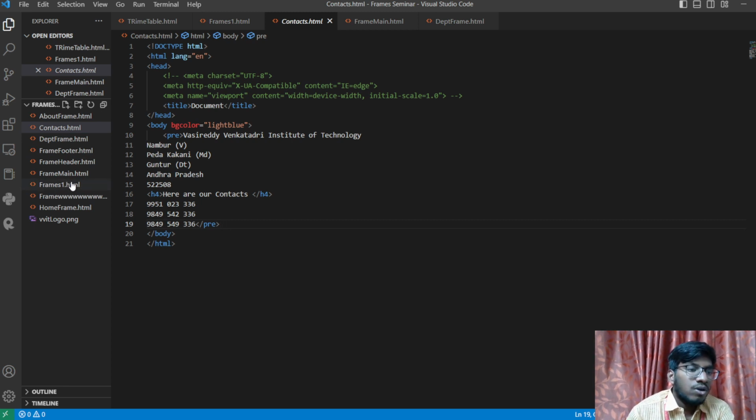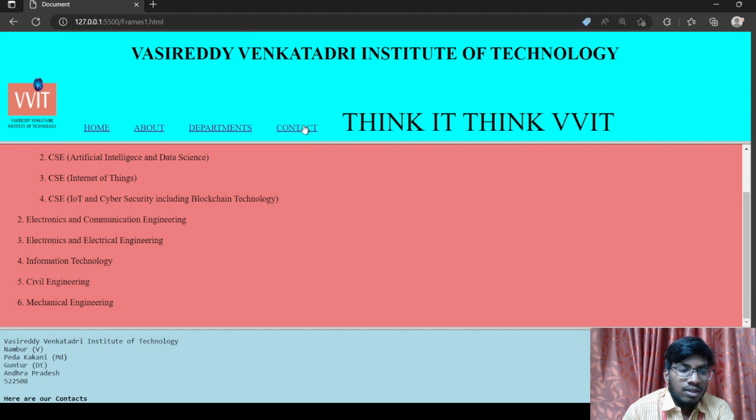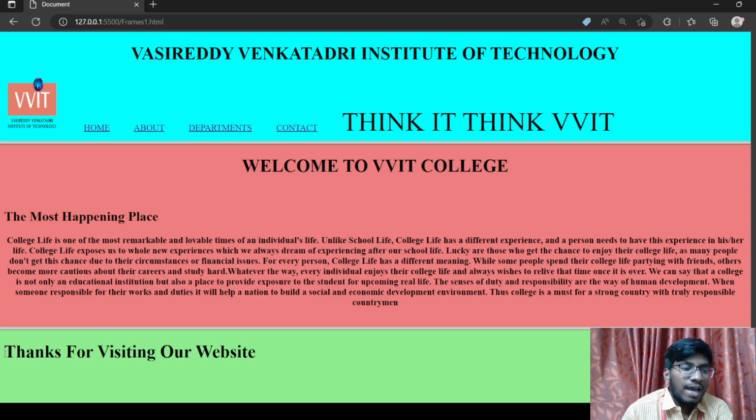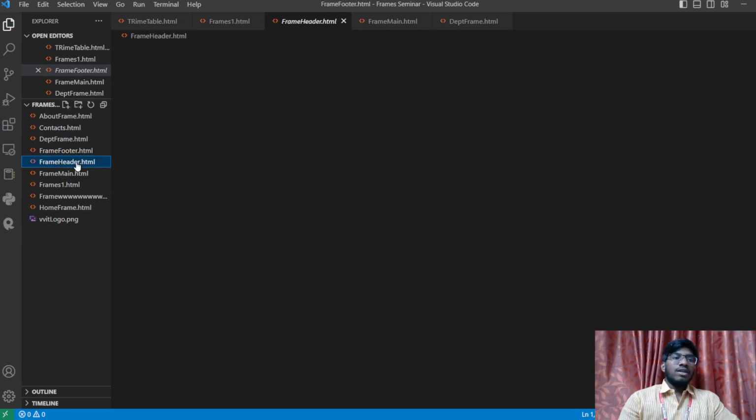So in the contacts frame, when the user clicks on contacts, the content will be displayed here, as we have used the same thing: here are our contacts. I have used an h4 tag for some of the numbers, 99951, etc. This is about the contacts. By default, when we refresh this page, the default text is thanks for visiting our website, because in frame footer frame.html I have defined the content of the footer frame as thanks for visiting our college, while the header frame contains different